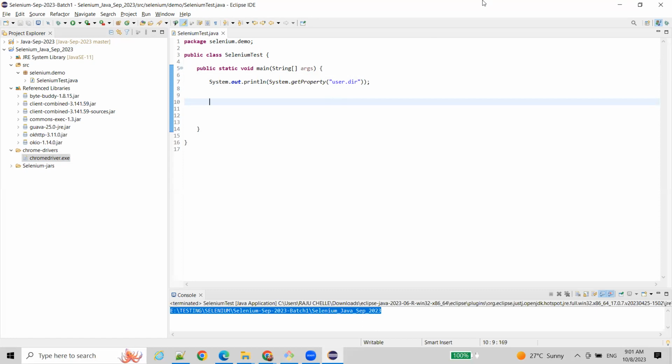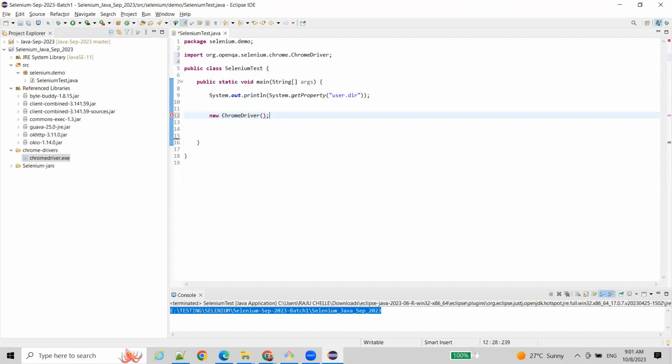So what we have to do is create an object for Chrome related classes. We have one class, ChromeDriver class. Inside this ChromeDriver, and its parent classes and its parent interfaces, we have so many methods to interact with the browser. Okay. So now what I can do, if I want, I can store this object,